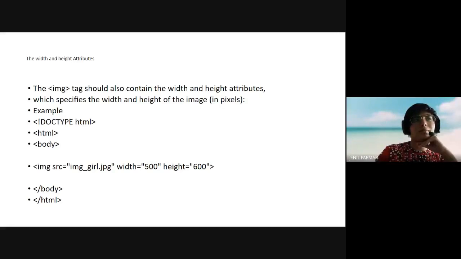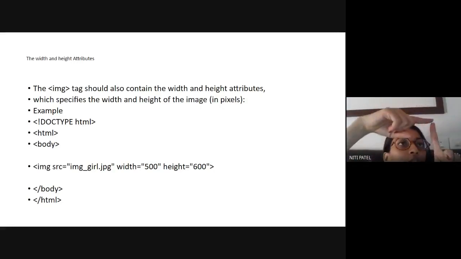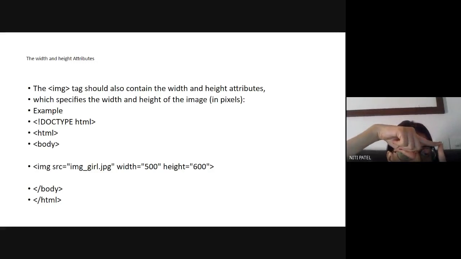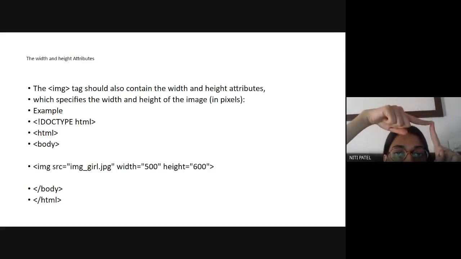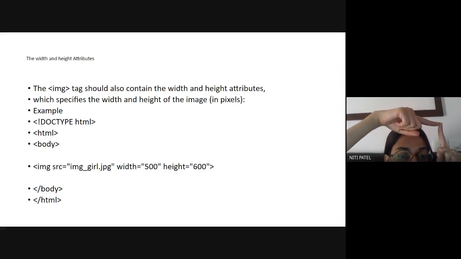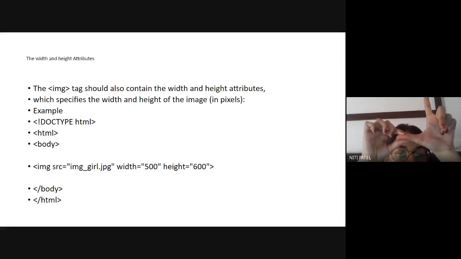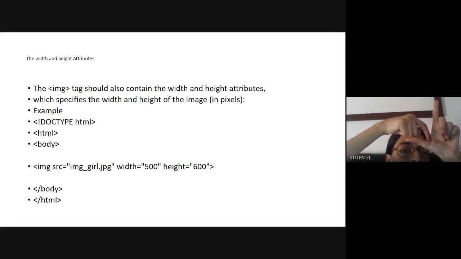But how is your screen? Your screen is like this. कंप्यूटर का स्क्रीन ऐसा है, ठीक है? कंप्यूटर के स्क्रीन पे this is your x-axis and this is your y-axis and this point is 0,0. I repeat again. When it is a normal graph, this is your x-axis, this is your y-axis, and this point is 0,0. But when it is a computer screen, उल्टा हो जाता है.